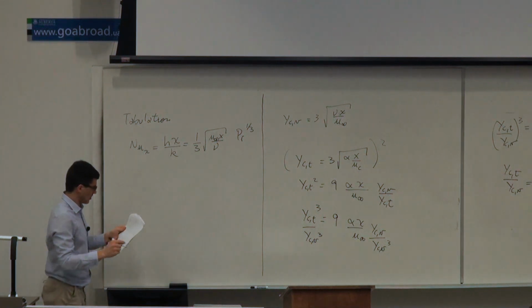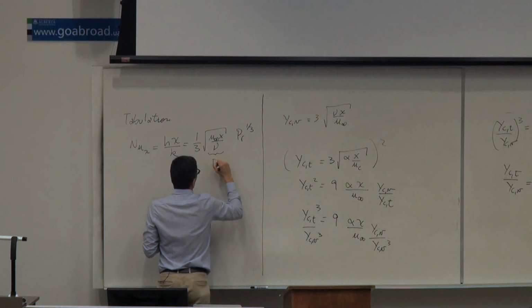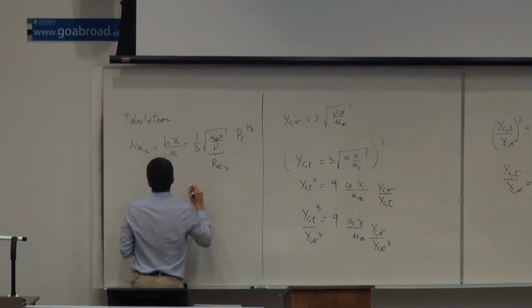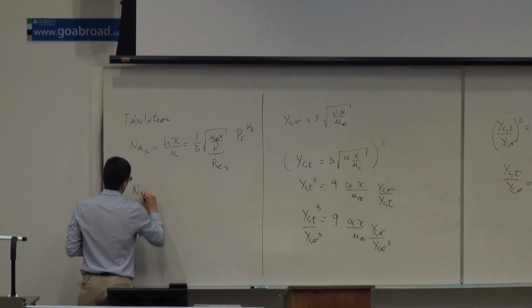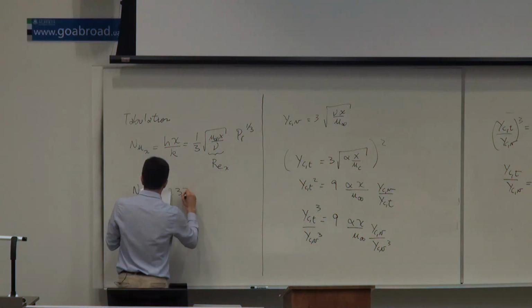This looks like a jumble of things, but if we remember, this is the Reynolds number, right? This would be Reynolds X. So we have in this case, Nusselt of X equals 0.33